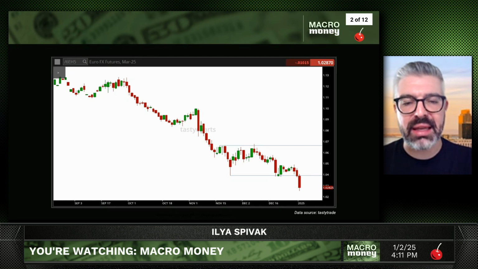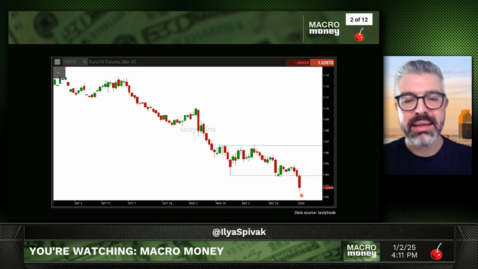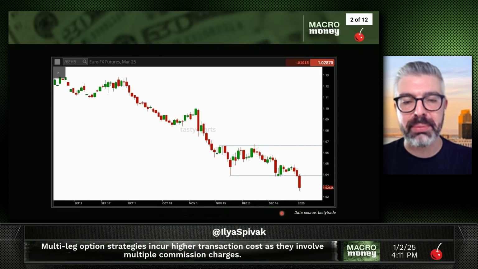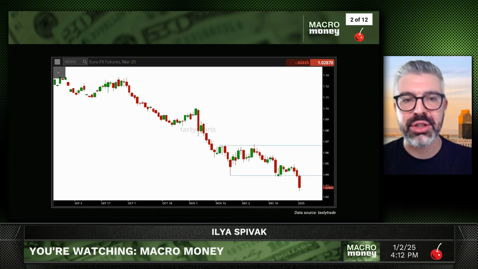Not only does this rally mark a huge acceleration, but it marks a break from the range that's held basically since mid-November. There was very little here in terms of trend development. We can see we made a sharp low here in the second half of November, and then held at it through basically the middle of December, did nothing for the lion's share of the holiday period. And now today, not only do we have a big update for the dollar, but it's a big update that takes the range out and ostensibly sets the stage for further dollar strength.